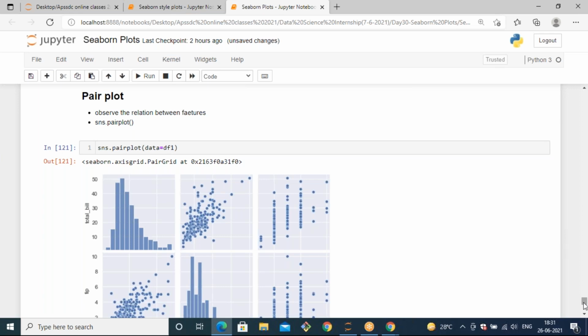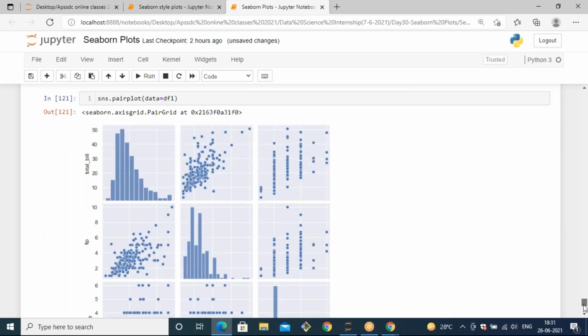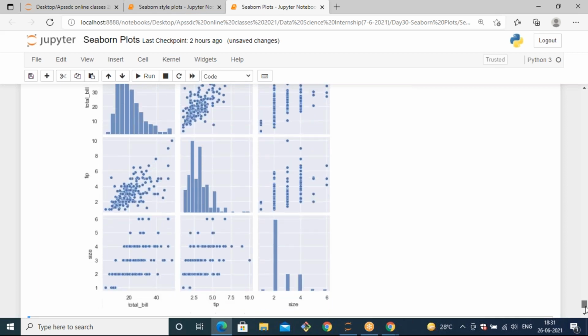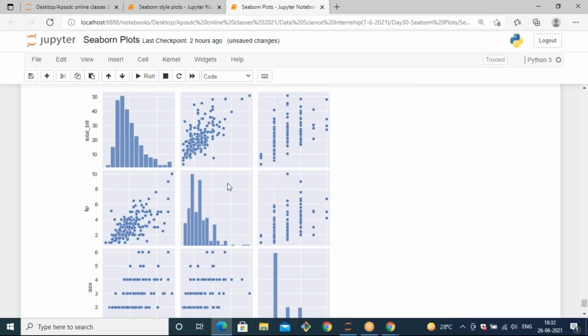Now you will get the integer kind of data columns. Out of those we have total bill, tip, and size. Based on this you can understand the relation, like the relation between total bill and total bill, total bill to tip, and total bill to size, as well as tip to total bill, tip to tip, and tip to size. That means you will get to understand a kind of relation.